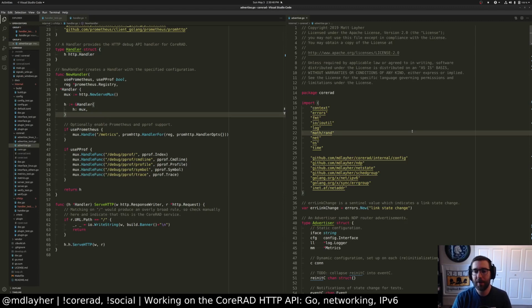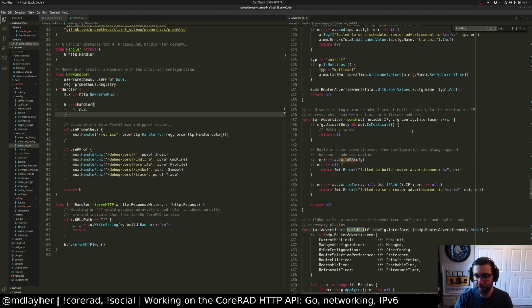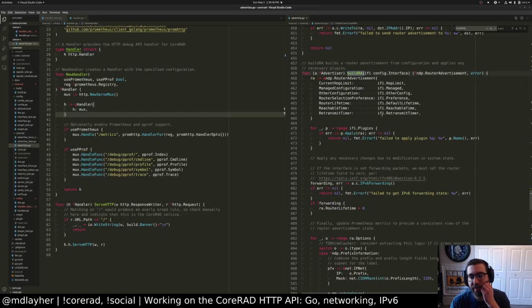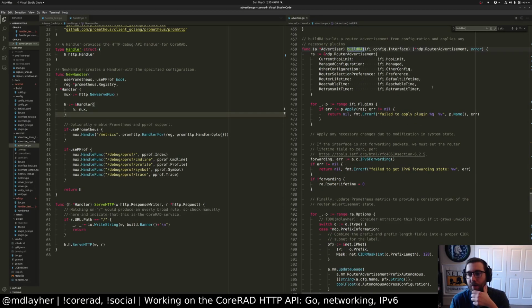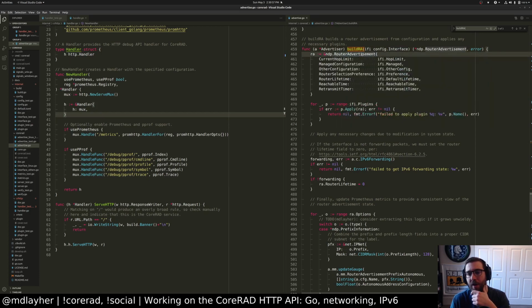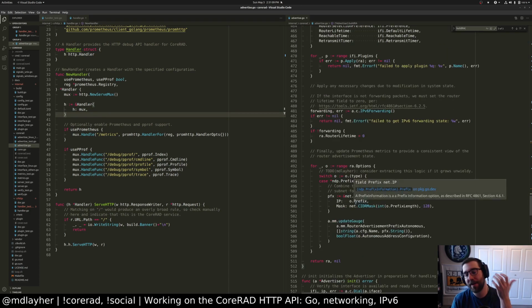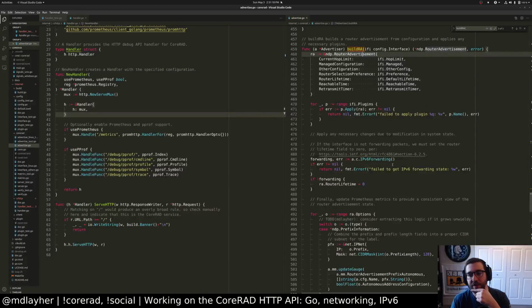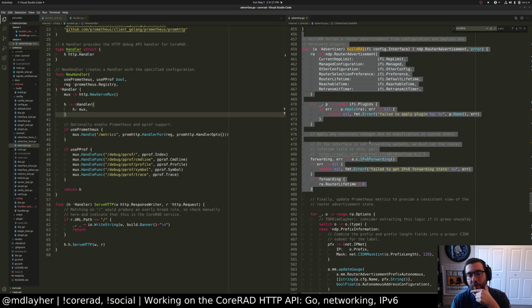So yesterday we did a little bit of refactoring. We have this build RA method. Let's see here. Yep, right here. So this is kind of the core logic of how the daemon works. It passes in this config structure. This is a structure full of Go primitives, and it converts that into a literal neighbor discovery router advertisement structure. We apply plugins, and plugins are things like the prefixes on the interface, DNS search list, and etc. We verify our IP forwarding state, and then finally we update metrics as well. That's something we're going to work more on, but it's not ready quite yet. But I think we're going to refactor out this build RA portion into its own type, because we need the ability to